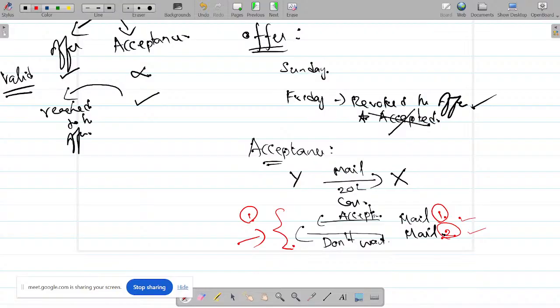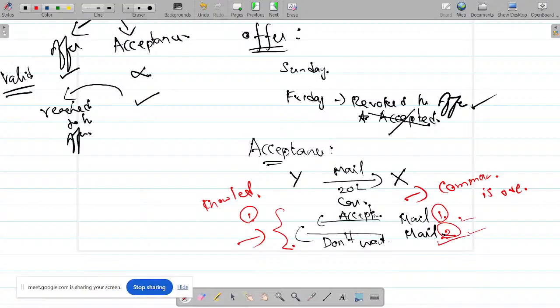It should be brought to my knowledge, which means I should have read it actually. Sometimes you might have seen, after some 4 or 5 days, if you just open your mail inbox, you'll find that so many mails have been there. You have to pick one by one and then read it. By sending this mail, communication is over, but it has to be brought to my knowledge. So what happened? I read the first mail which you sent. It says you accepted, the contract begins.